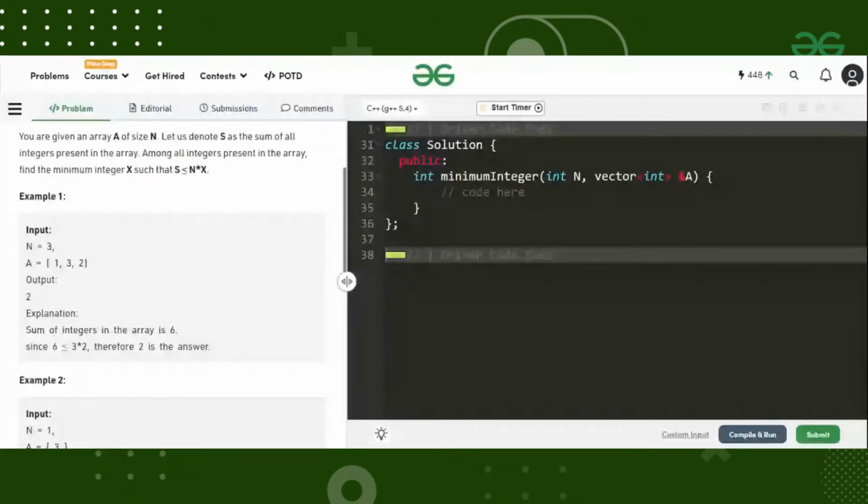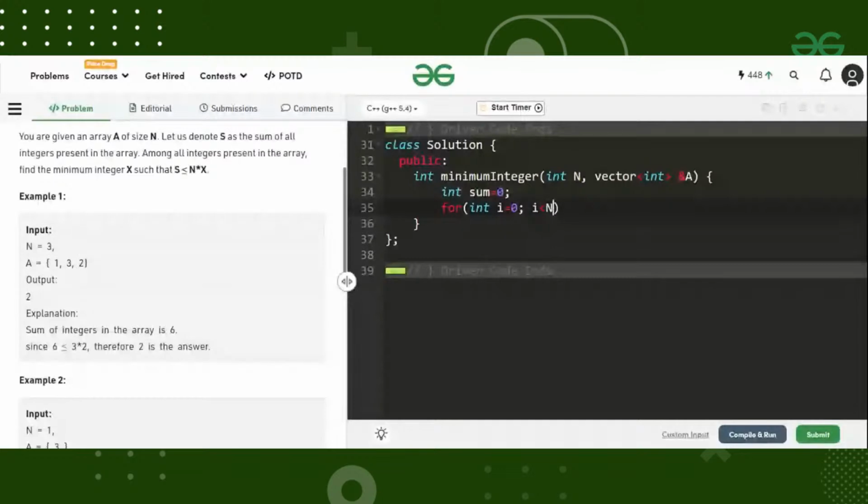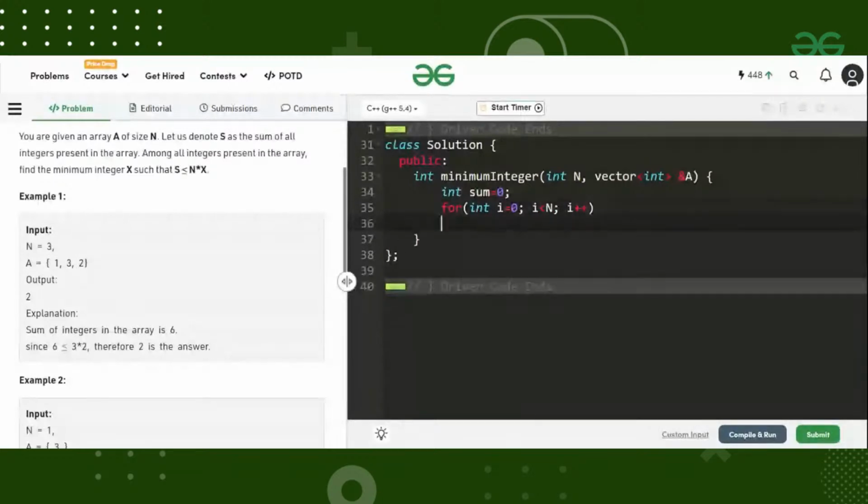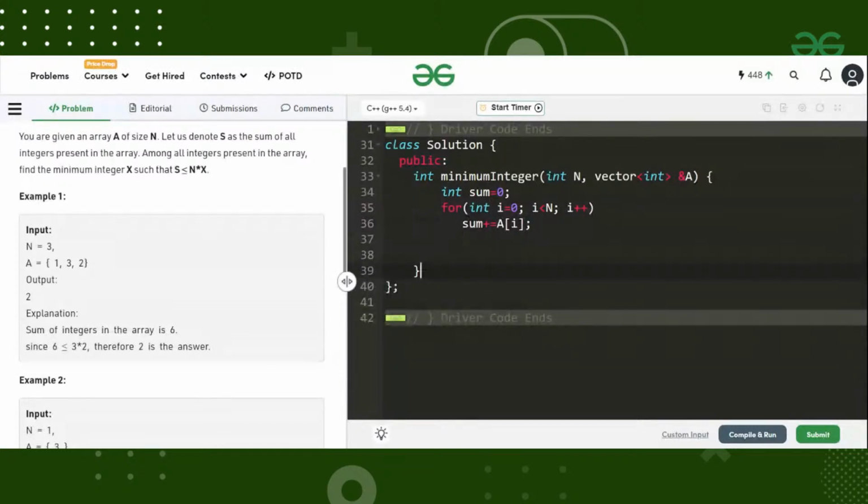Okay, so I'll declare a variable sum here, and sum is equal to 0. And then I will iterate over the array, for i equal to 0, i less than n, i plus plus. sum is equal to sum plus A of i. And now another iteration. Answer.